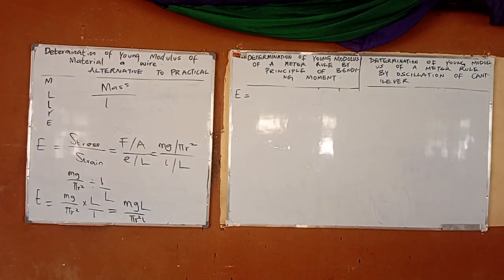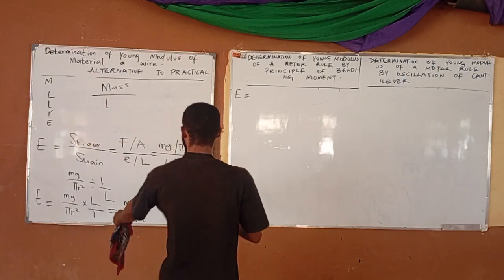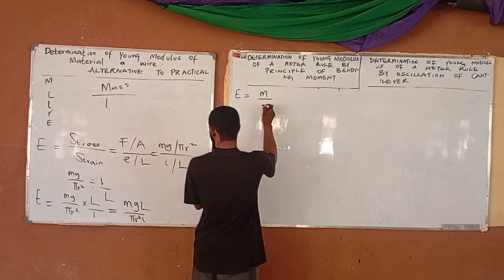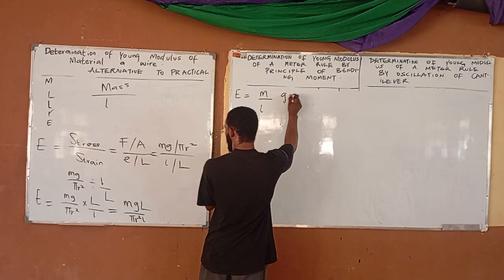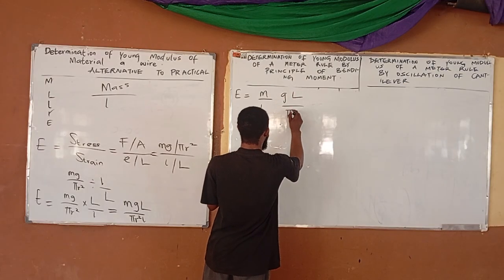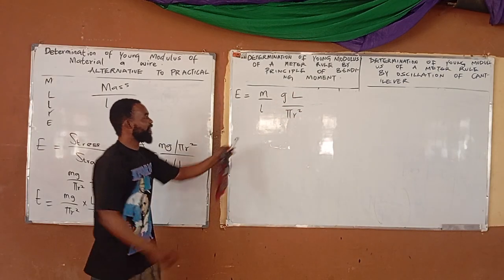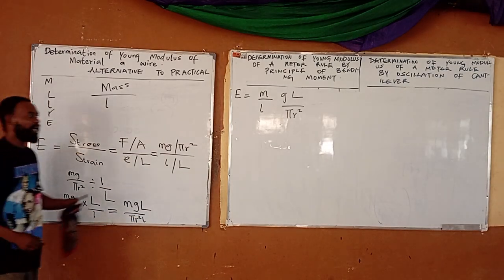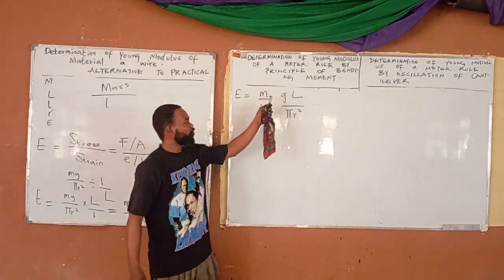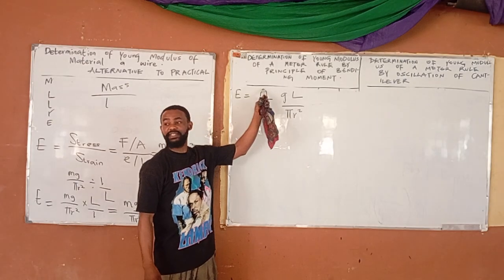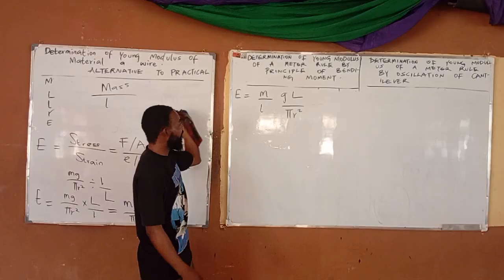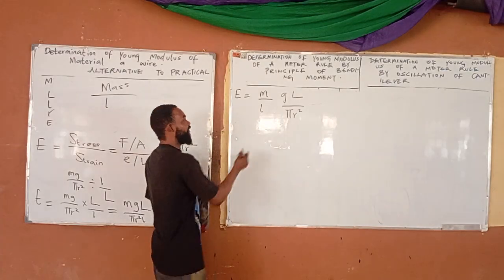No, we will not pause it. We will talk about it. Don't worry. You see that E is equal to M, I can have this to be over L, then I have GL over pi r squared. Do you agree with me that this thing is the same thing as this? Since they asked me to plot a graph of mass against linear reading, where this small L is linear reading, that means that